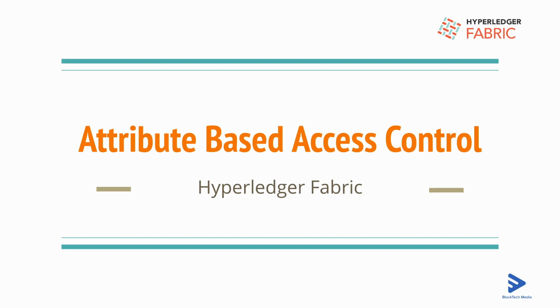So in that case, all users should not have access to that particular method in the smart contract. So what we can do is define some attributes in their certificates while enrolling and registering, and later on, depending on those attributes, we'll define a logic in the smart contract where if the user is authorized